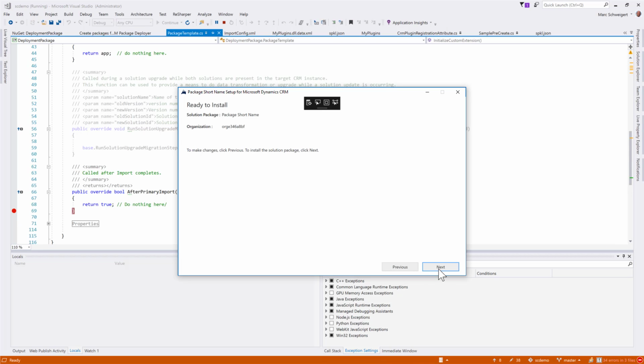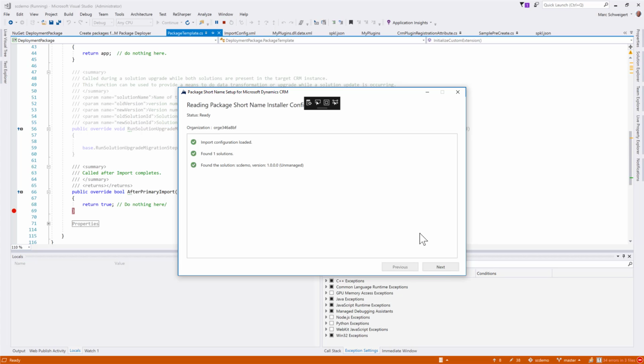If I click next, what this is going to do, it's going to take the solution. At this point, it's reading the XML file, preparing for the installation orchestration of all the things that we tell the package deployer to do. In this case, it's really just going to import a solution package, and then we'll obviously hit this breakpoint where no code will execute. So when I click next, as you can expect, it's going to start to import that